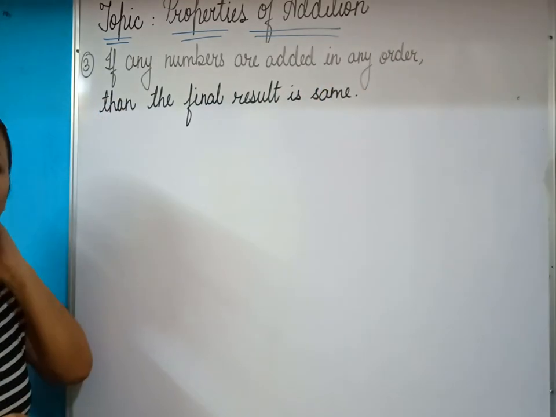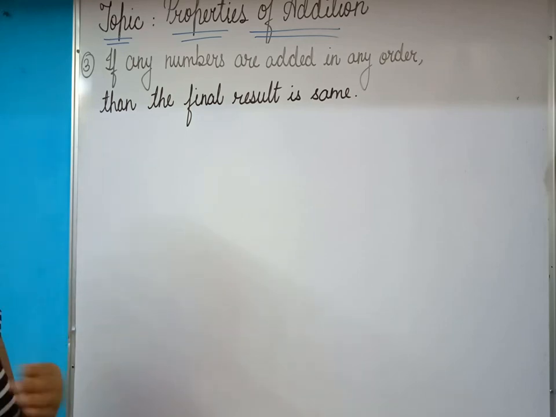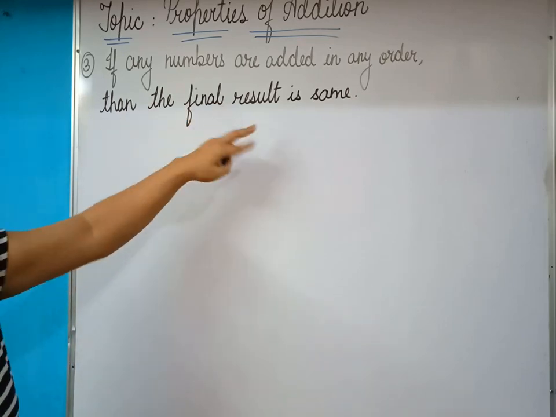So if we add any two numbers and whatever their order is, in any order, then also their final result